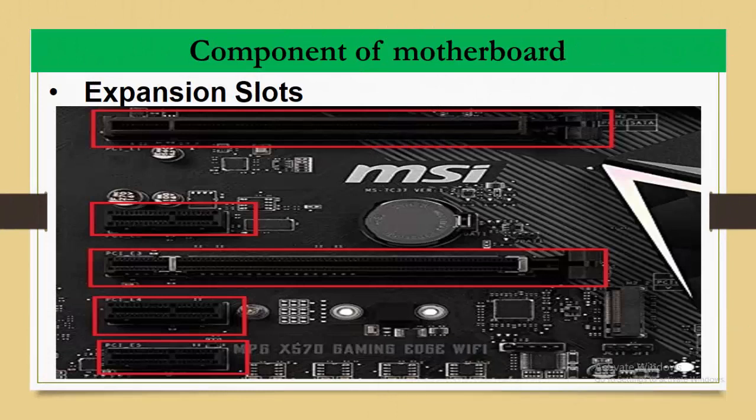Expansion slots are used to install various devices in the computer to expand its capability and performance. Some expansion devices that can be installed in these slots include video cards, network cards, sound cards, and disk interface cards. Expansion slots are shown in the figure, and you can see that they come in three types. The first one is